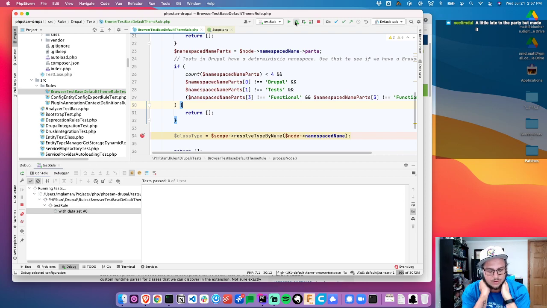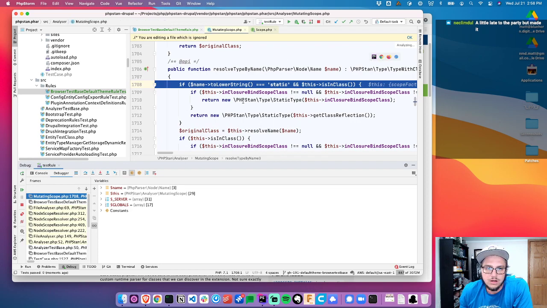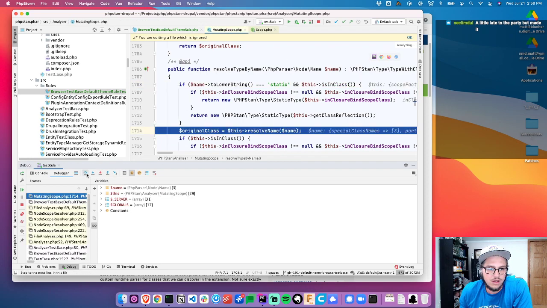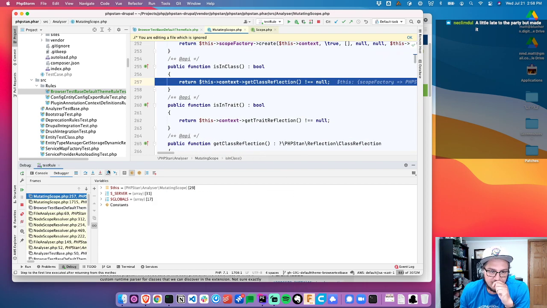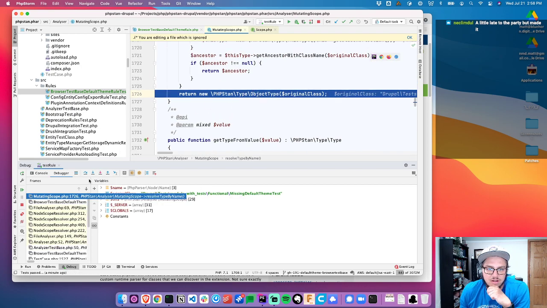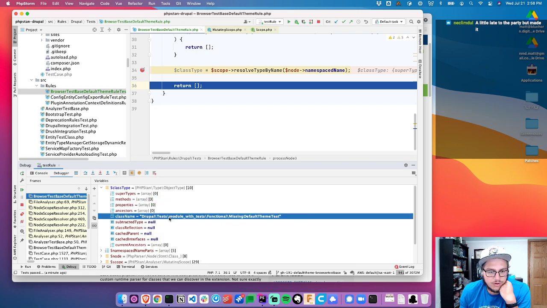I know when working on Drupal Rector, there was a method they provided, which was powered by PHPStan's work, that allowed you to evaluate a value on a class by reading the code. So I'm sincerely hoping we can do that here. So name, original class. Great, we're here. If this is in class, return new object type. We got class type, properties. So it has no properties, but maybe just nothing was fetched yet. So let's